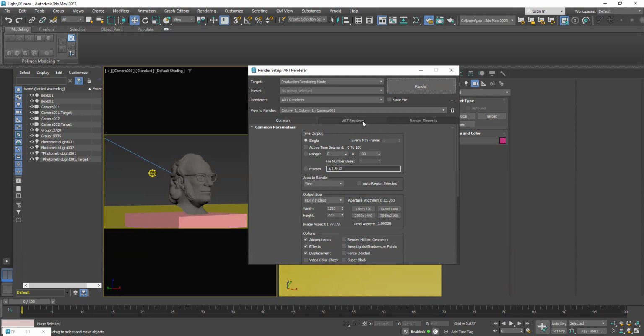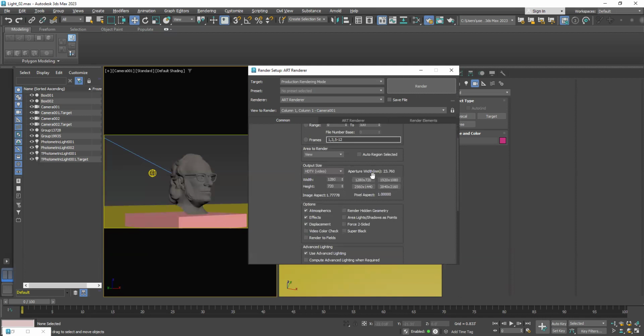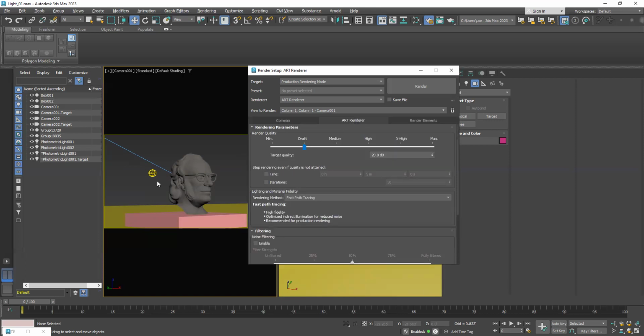Then you render, go to the art render. It's a common tab, what is the size of the rendering you need? 1920 1080. It is smaller size for the rendering purpose. I just use a smaller space so it will render quick. Then go to the art render. You can see the quality